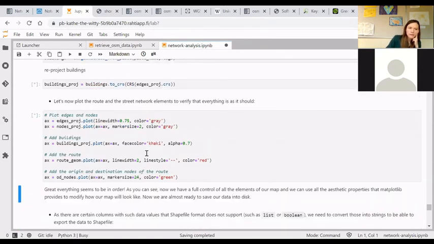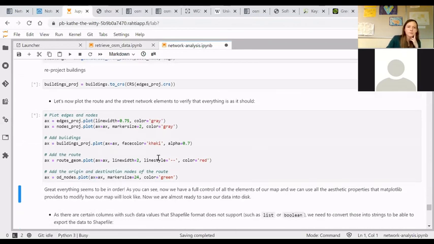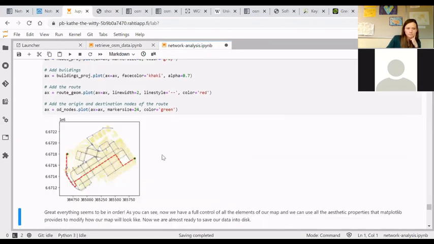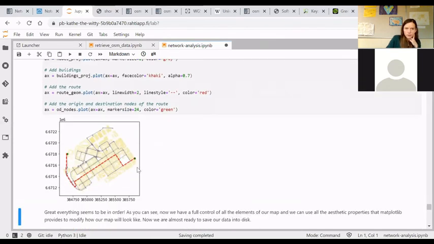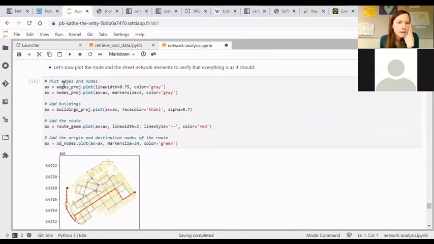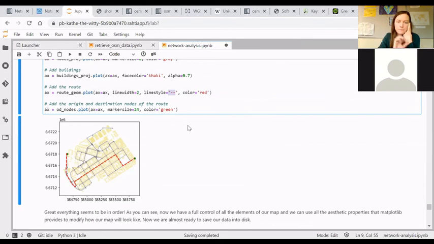And then finally, you can plot your own map and start modifying that. It didn't take too long. So this is now created with GeoPandas, building polygons to provide some context. Then we're plotting the edges and nodes from our network, and then the actual route here now with a specific line style to highlight the route